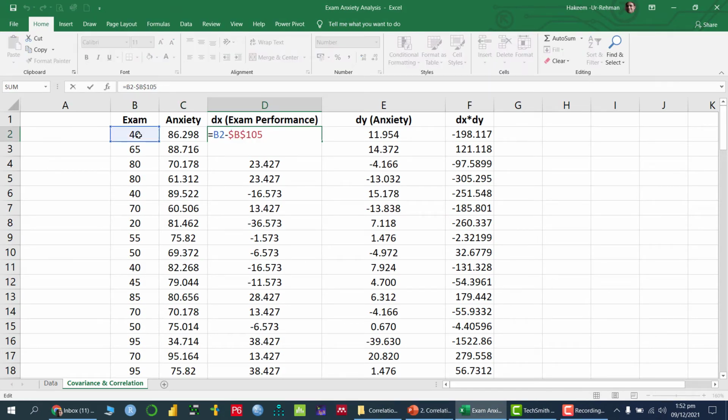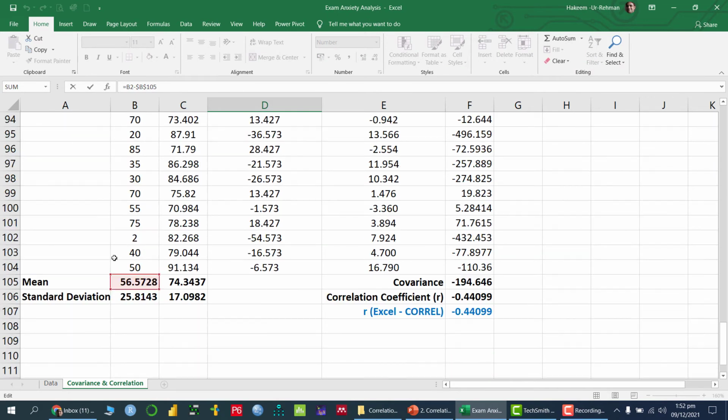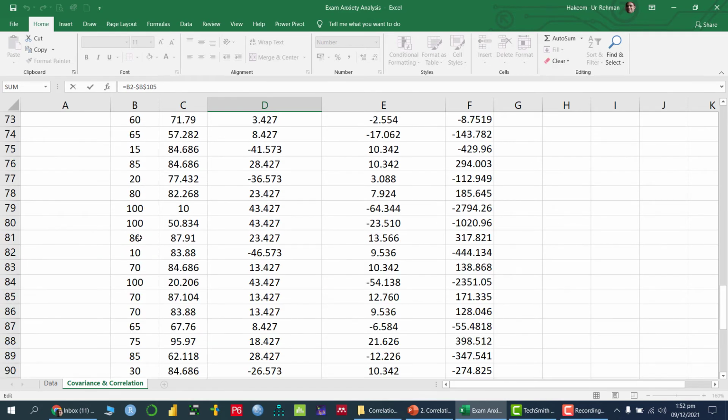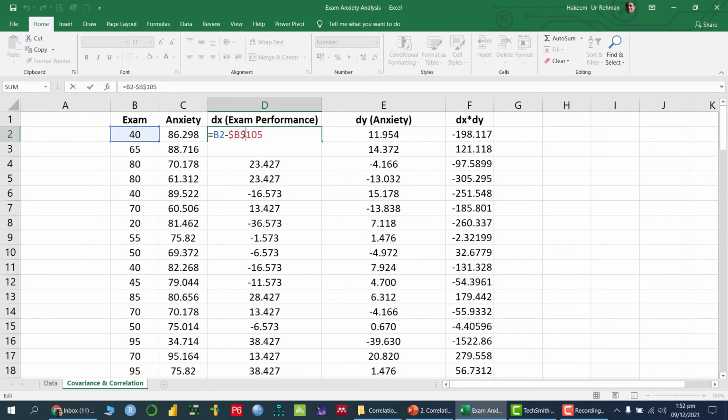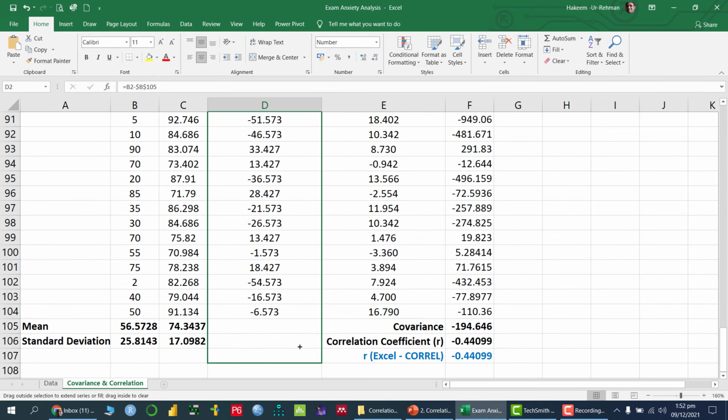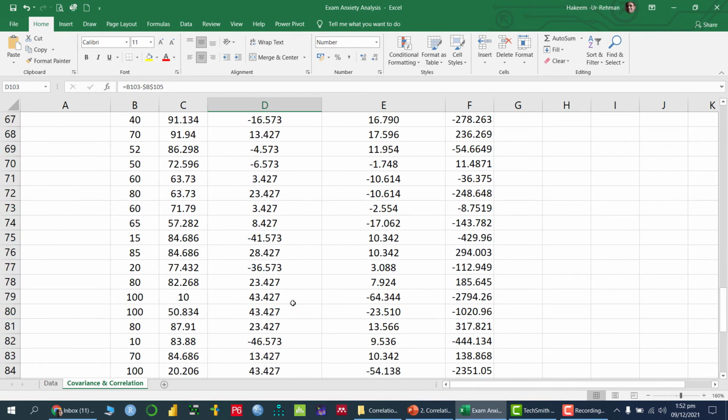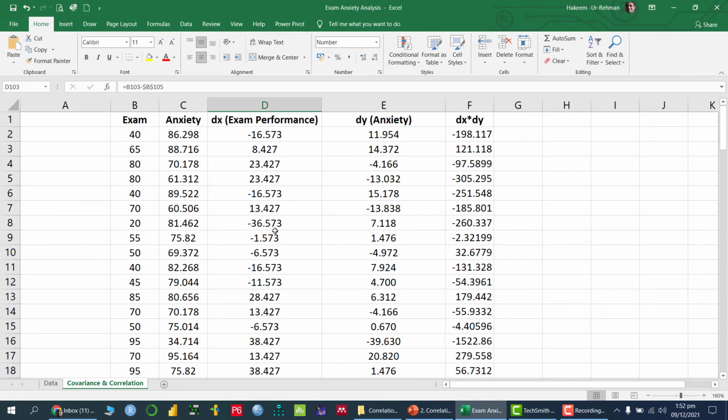How can we do that? This value, 40, minus the average of this one, by freezing the value of B105. Once we have applied this formula, we can drag and drop down to here. So this is basically x minus x bar.